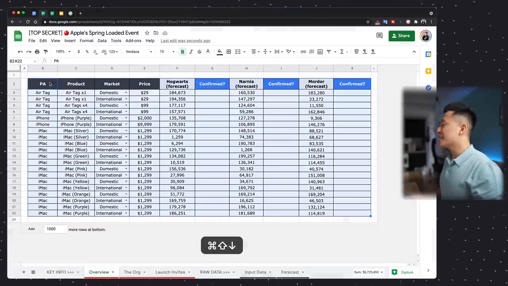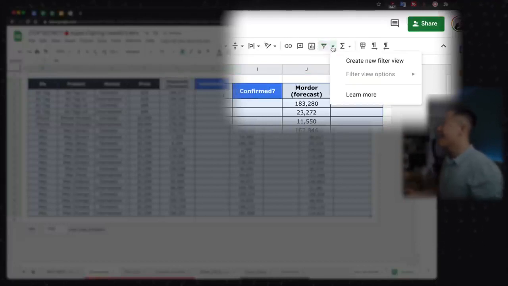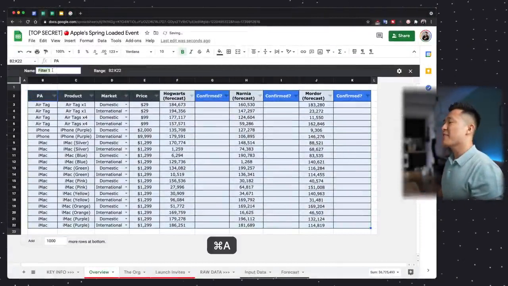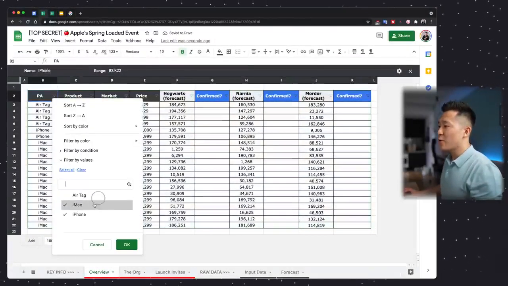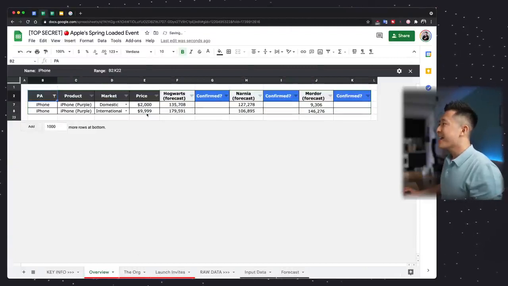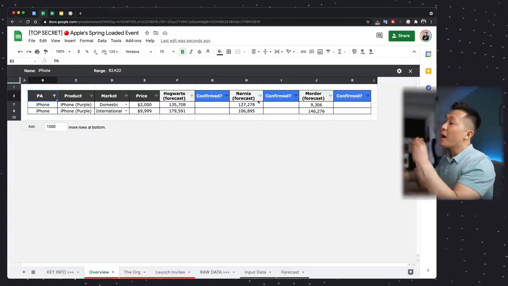Instead of highlighting this entire table and clicking the filter button and messing up the view for everyone else, what I can do is click the down arrow here instead, create new filtered view, give this a name, iPhone, filter out the iPhone rows only, and now only I will be looking at this filtered view, and my colleagues will